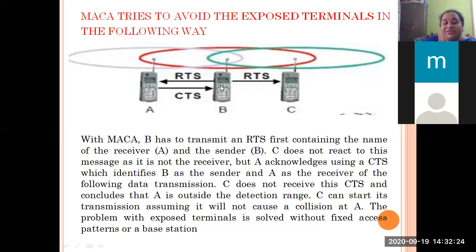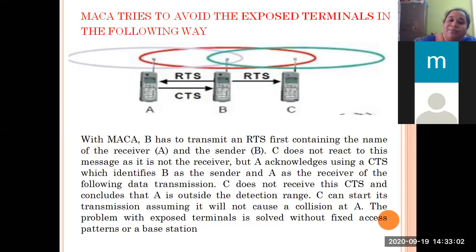The same RTS which is sent by B to A while communicating from B to A is also sent to C, intimating that it is not bothering about the communication channel of C, and that it is communicating with A. It intimates that you are free to communicate with anybody now, even though my transmission range collides with your transmission range, because I am busy with some other communicating terminal, and your